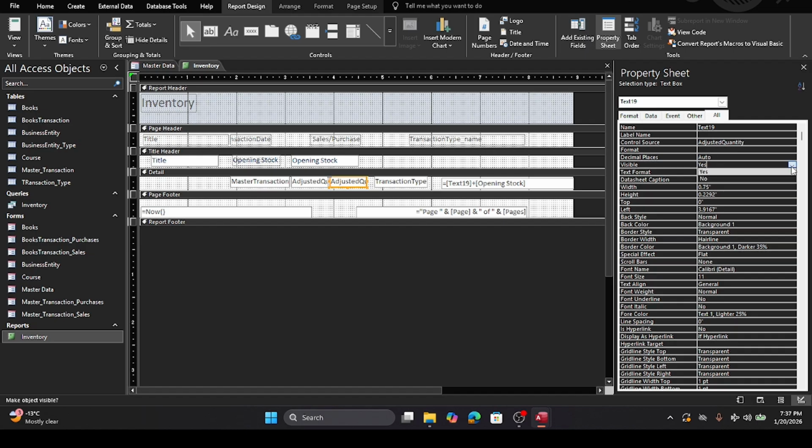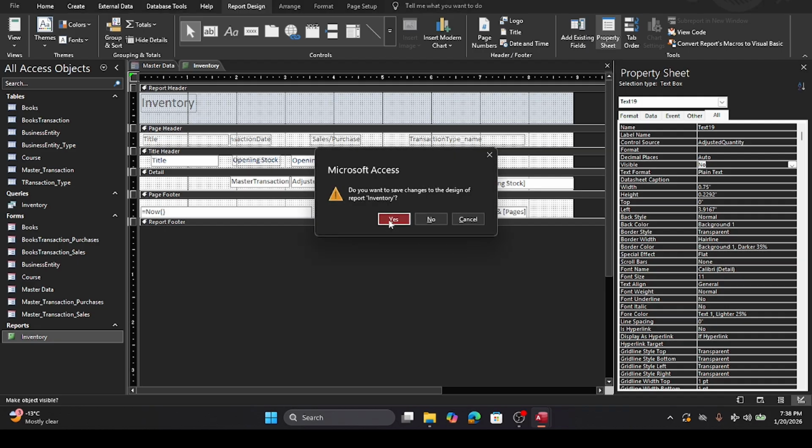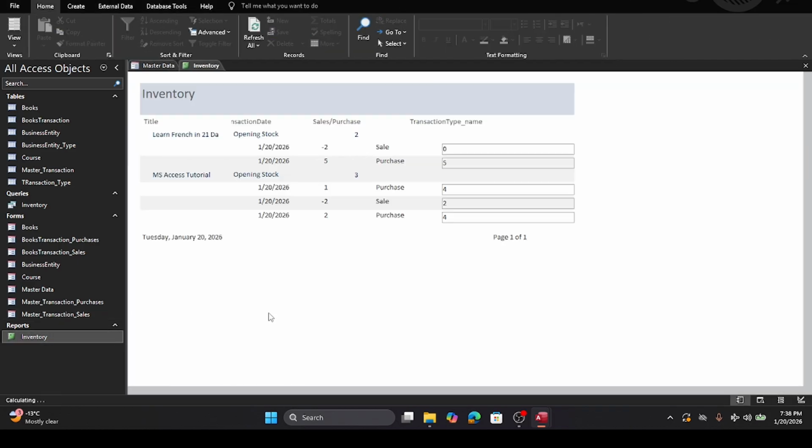We don't want to show that, because remember in Excel also we use the same kind of formulas. Here what we are doing is we are running total, and so these 2 plus minus 0, and then it's 5. So that's how we are calculating our inventory. At the end of the day we have